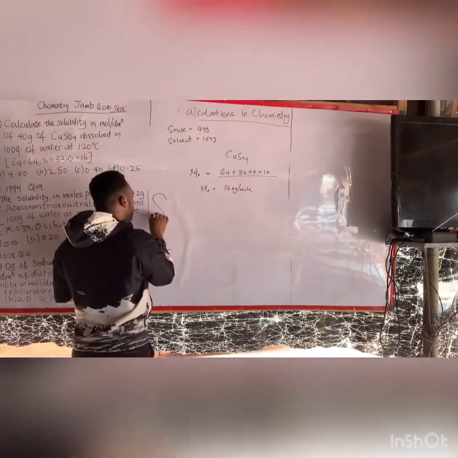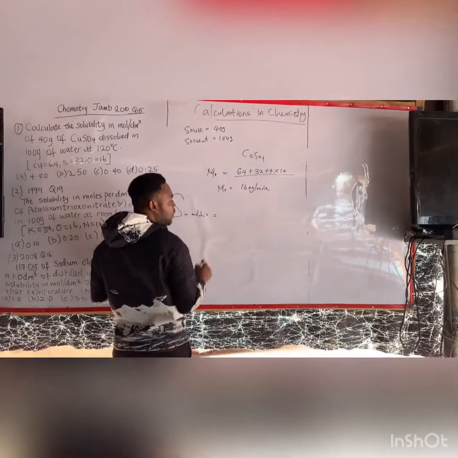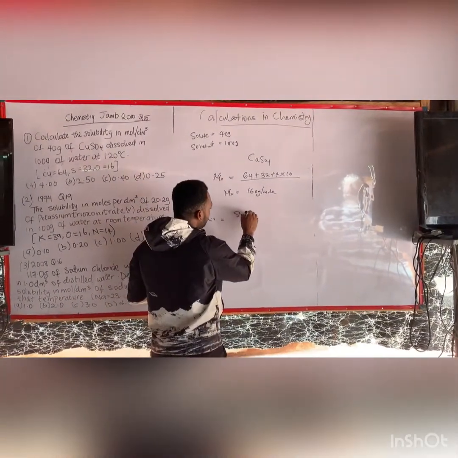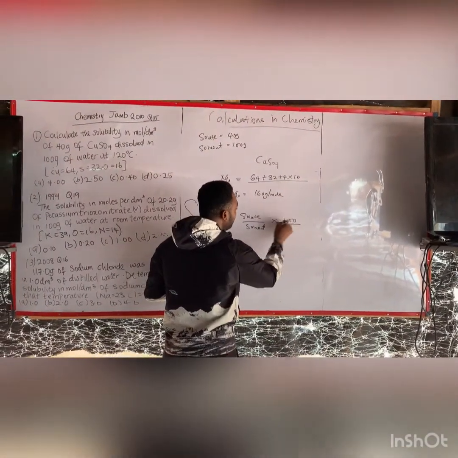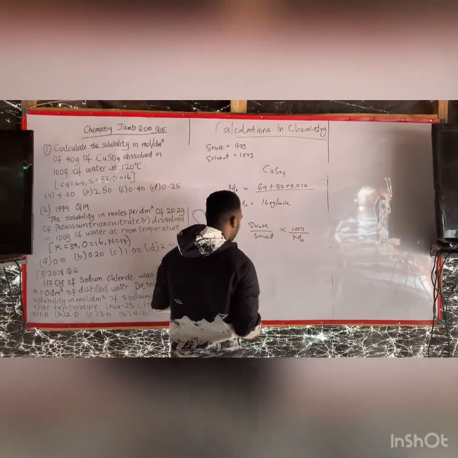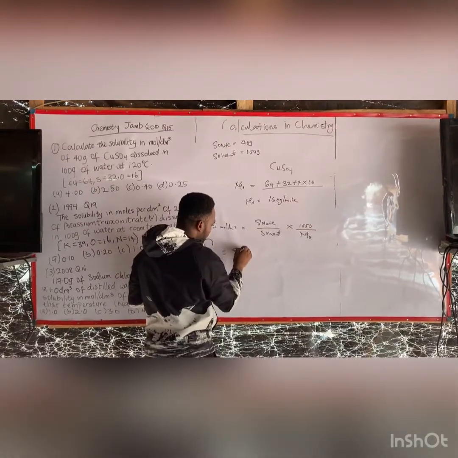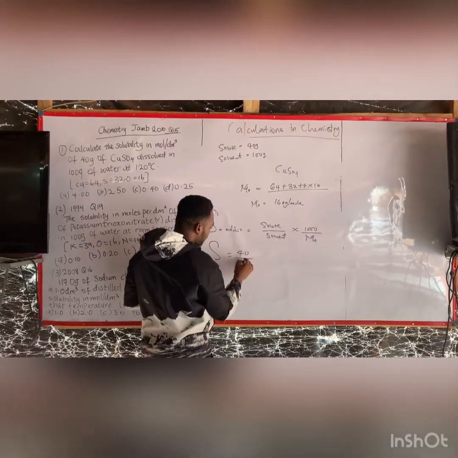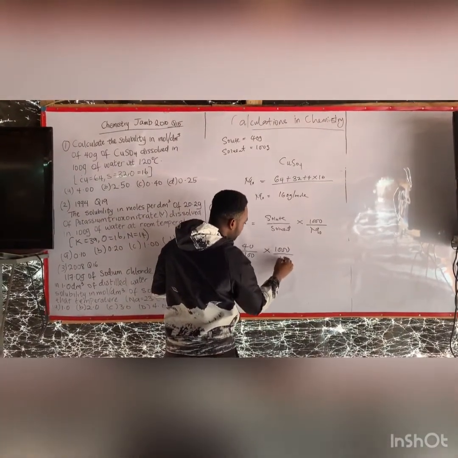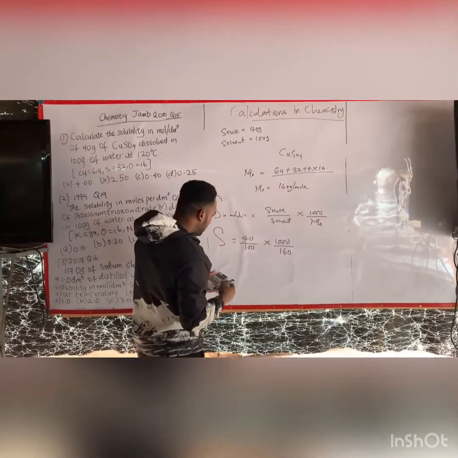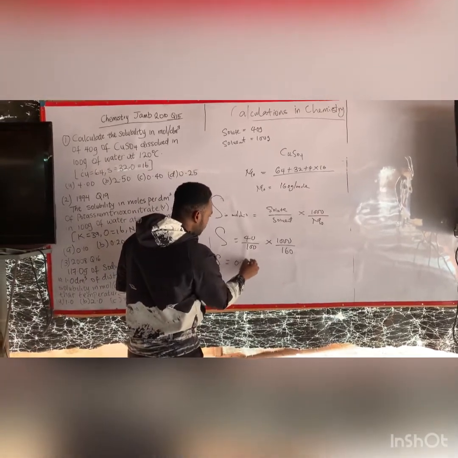Now, I will use solubility in mole per dm cube. Solubility in mole per dm cube is equal to solute all over solvent times 1000 by molar mass. So I will do that quickly. So solubility becomes, what is the solute? 40 gram by, what is the solvent? That's 100 times 1000. What's the molar mass? That's 160. So S will be equal to 0.4 multiplied by